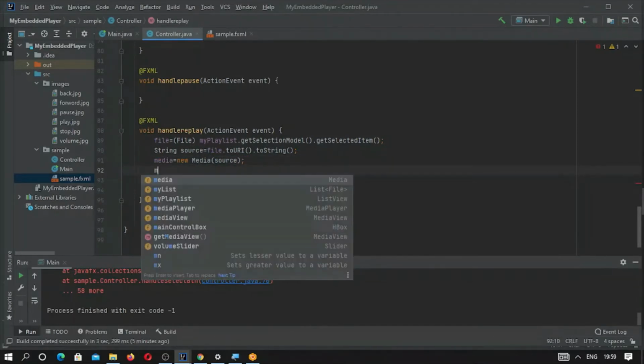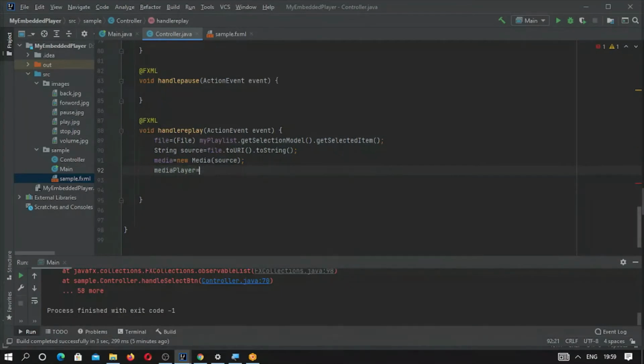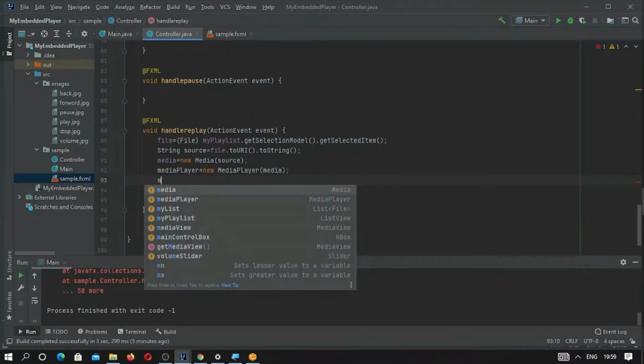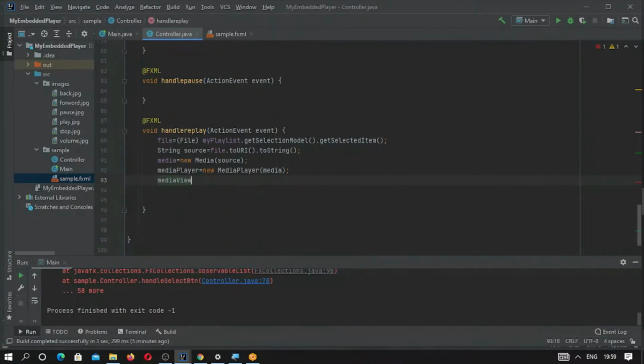So this media has been created. Now the media player will take the object of media. Now the media view will take the object of media player.